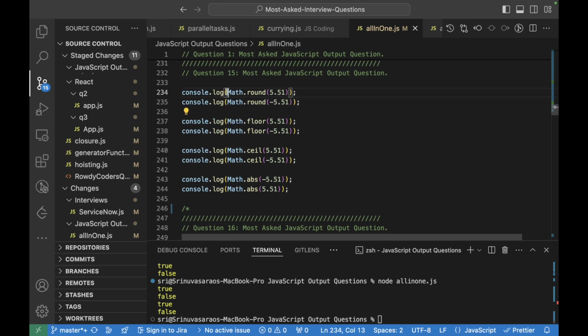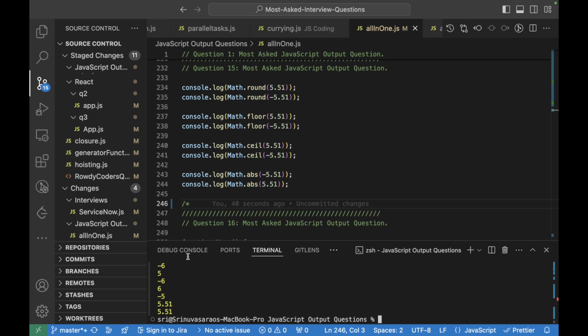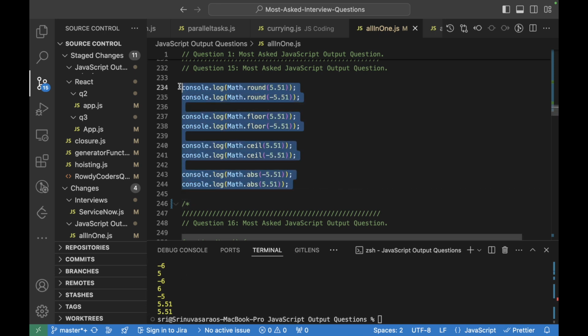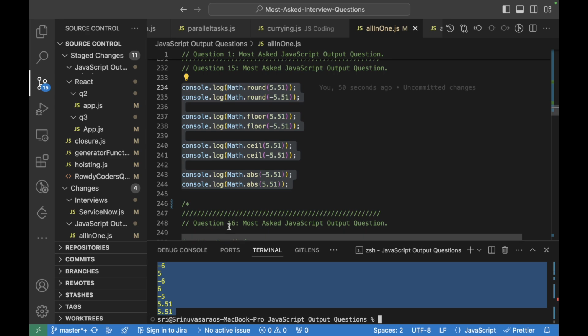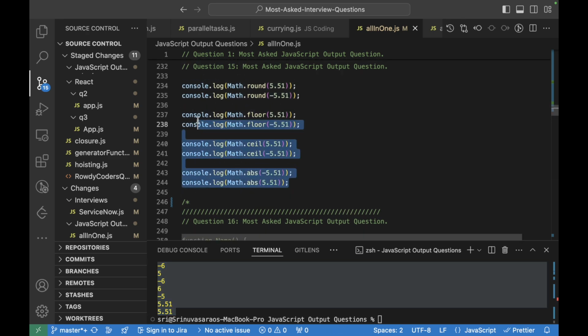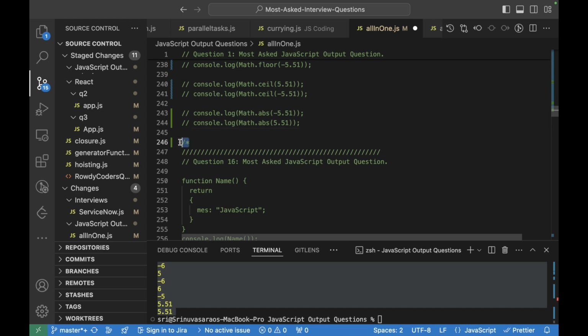Round will round off the values, and floor will give the floor values, and similarly ceil and abs also work. Here abs will convert this to an absolute value, which is a positive value. So let me run it and show the output for this as well. Yeah, this is the output for these methods. Let me comment them, and let's go for the next question.